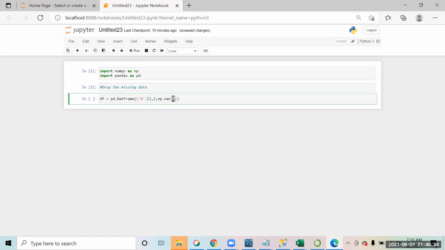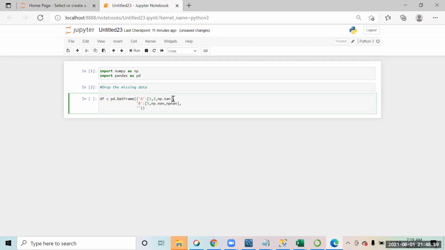Then we can add another key, that is B, and in B we will keep the values 5, np.nan, np.nan, so I'm creating the null values.